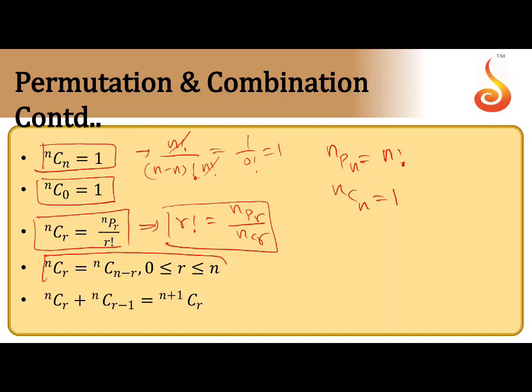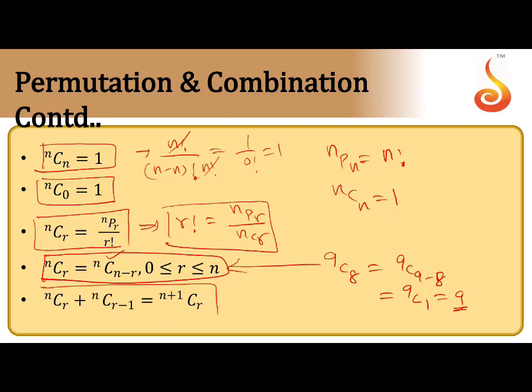Next, another property. nCr can be written as nC(n minus r). This is another most important property. When you have to use this, say I want to take 9C8. This is equivalent to 9C(9 minus 8), which is nothing but 9C1. You know 9C1 is 9. If you want to take 9C8 directly, you have this big formula. You have to reduce the suffix using the formula nCr equals nC(n minus r). This becomes 9C1. What is the value of nC1? nC1 is n. So 9C1 equals 9. In that case we use this property. This is a most important property.